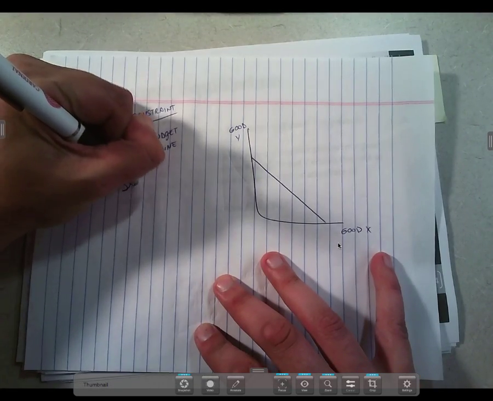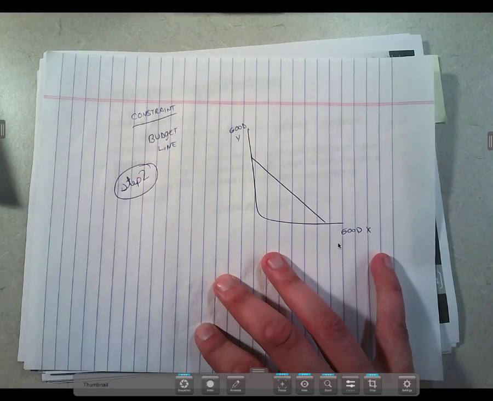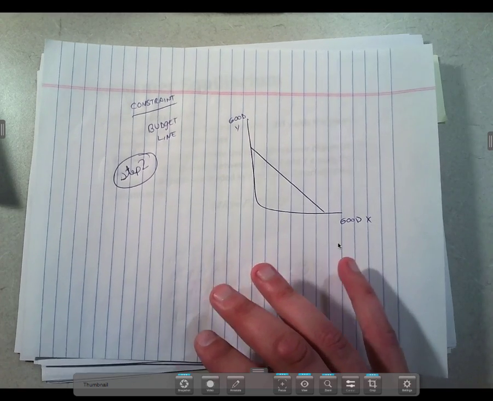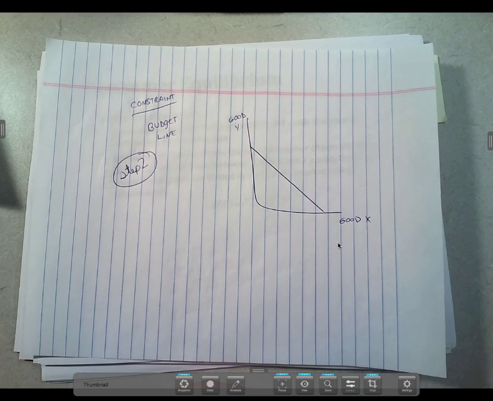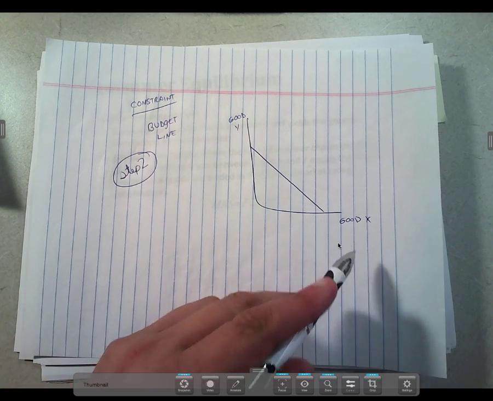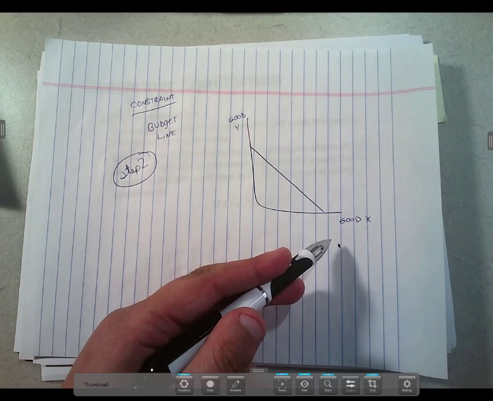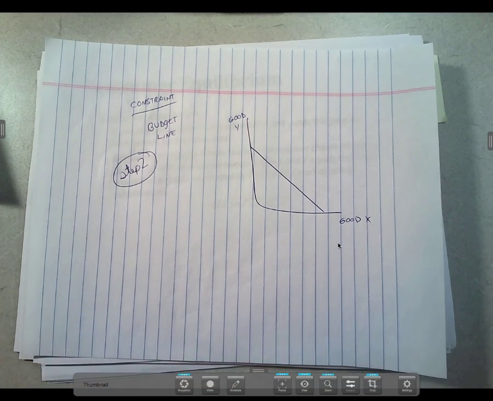Consider this step 2. Step 2, now this is going to be the same regardless of the person, as long as the income levels are the same. All that we're implying here is that this is my technical ability to buy these two goods given my income levels. Step 3,